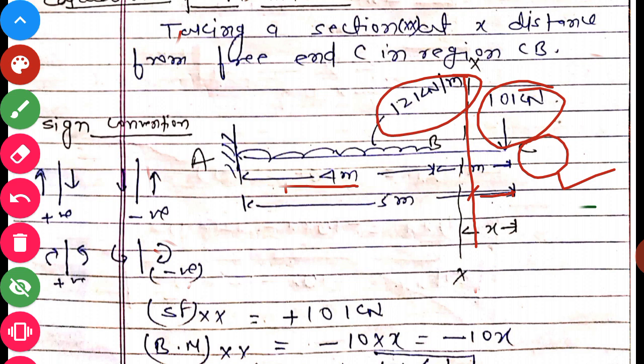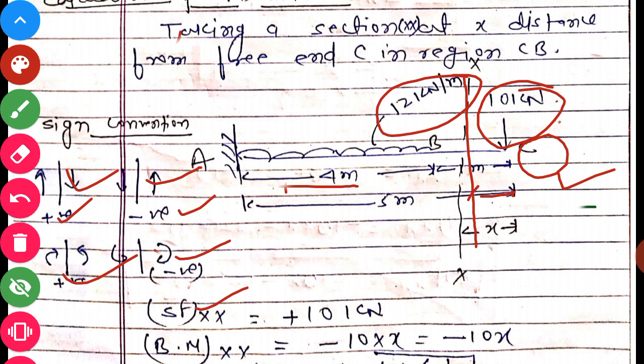Okay, and following the sign convention adopted to deal with the current section. I am not going to detail all of the sign convention, because I have told you several times: if the section having right side is downward force and left side is upward, then the sign convention is positive. If the section having right side is upward and left side is downward, then we take negative sign convention.